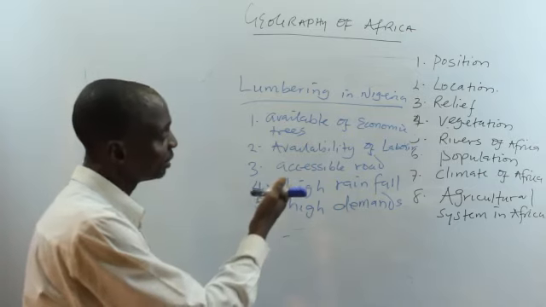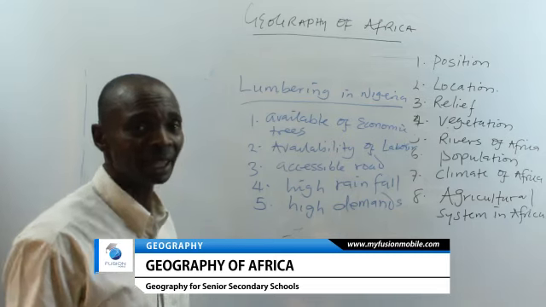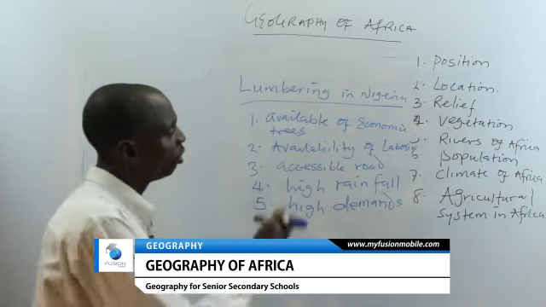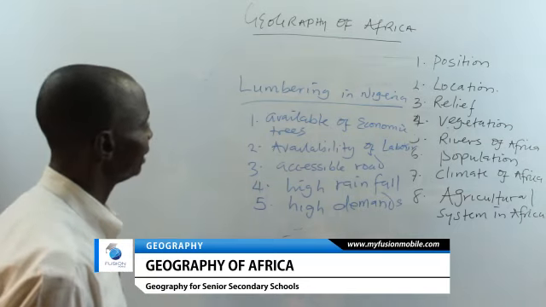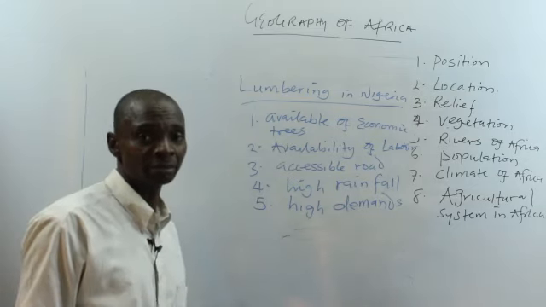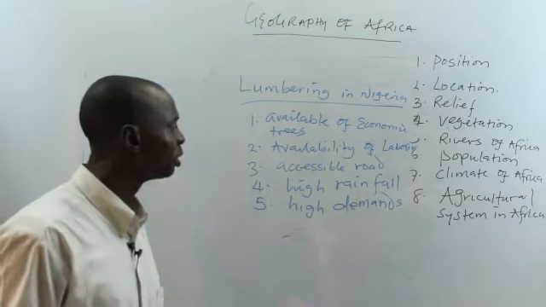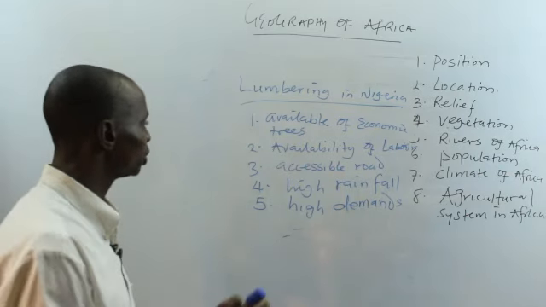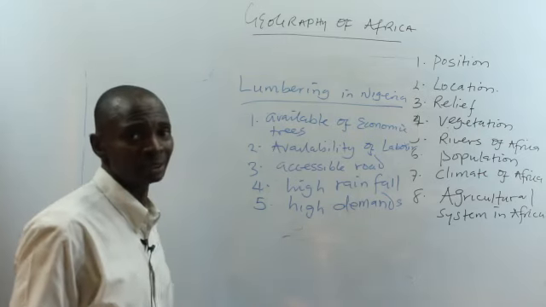Even though we say that some places are accessible by road, a lot of places cannot be accessed by road. So it limits the full potentiality of lumbering activities in Nigeria. Number 2 is government policy trying to stop lumbering in Nigeria because of over exploitation of these forest resources. That is one of the problems. Number 3, lumbering is costly.